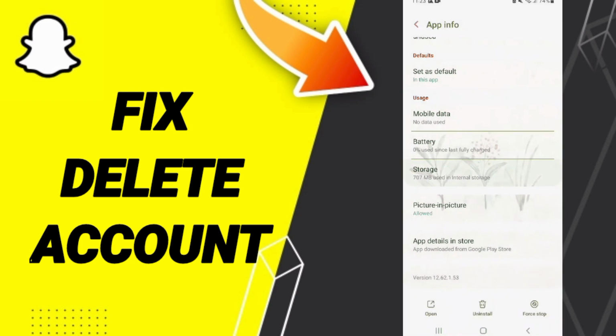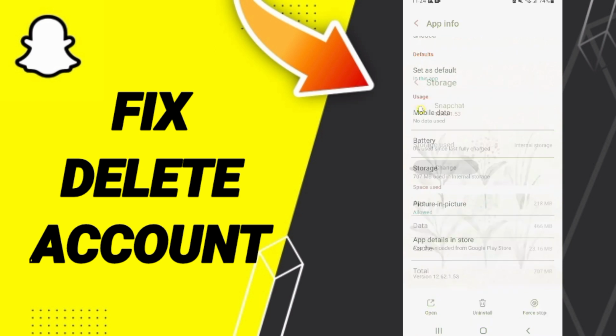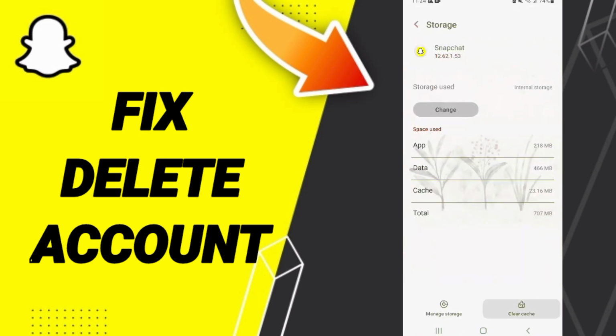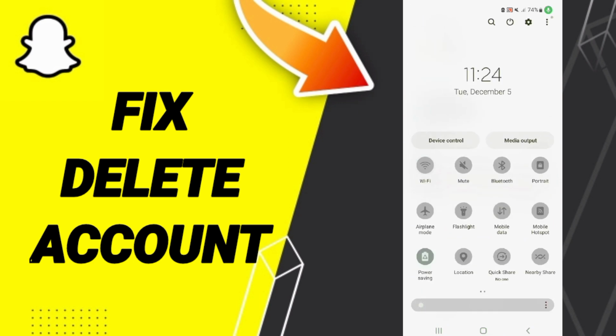Then you will enter the window of storage. Here we click clear cache. Then you can turn off your Wi-Fi and you can wait a moment to turn on your Wi-Fi again to